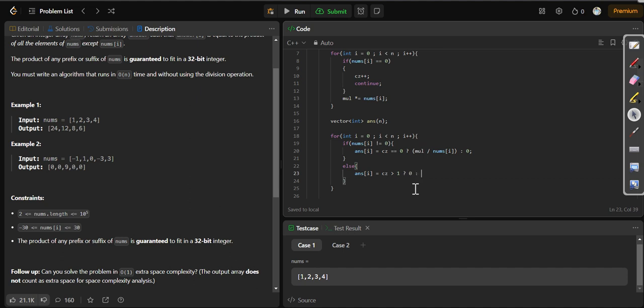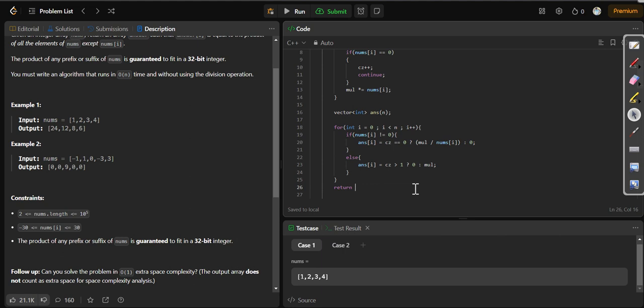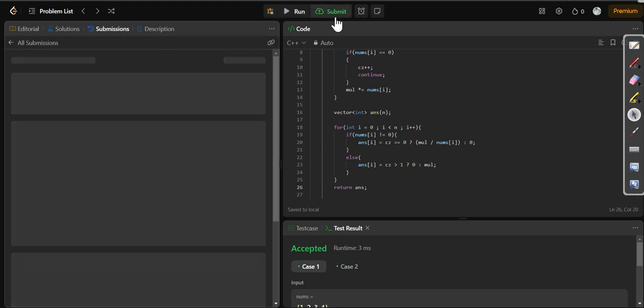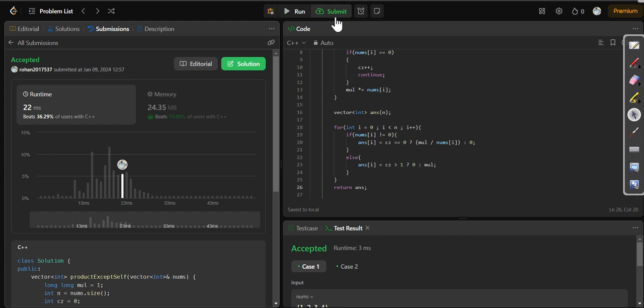If the count value is only 1, then the value will be the product. And return answer. Let's compile it. Here is the answer. Thank you.